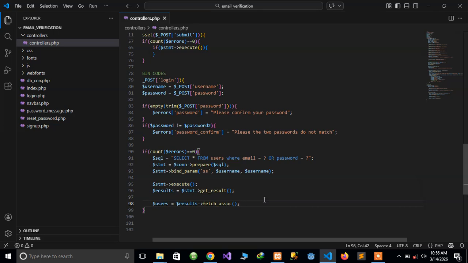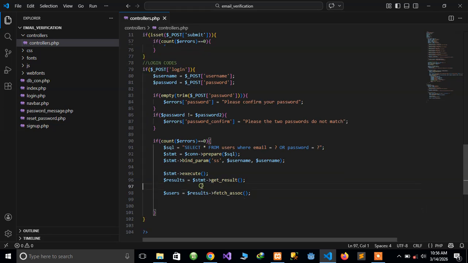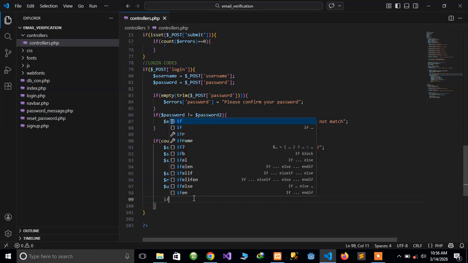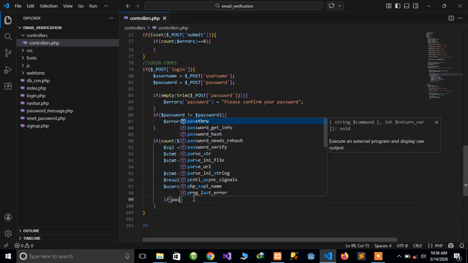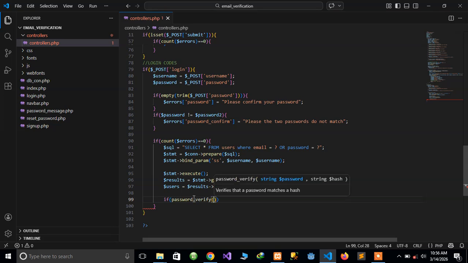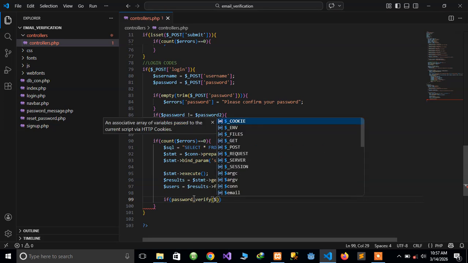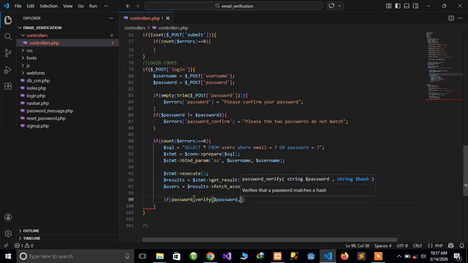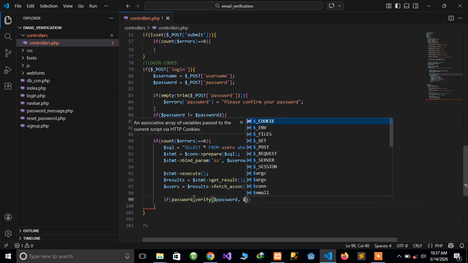So after that, we have finished handling the data for the email and then the username. Okay. So let's go to the password. For the password, you also say if password_verify, it's a function in PHP used to check or compare the password in the database and the one that we are going to type. So we type the password and then we compare it to the one in the database, that one is the user's password,